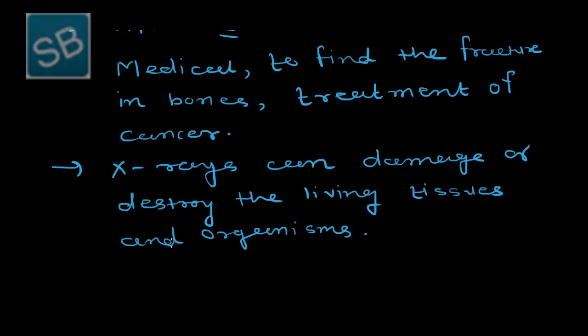So we have to take care to avoid unnecessary use or overexposure of them. So this is all about X-rays, and now we will see the last region of the electromagnetic spectrum, that is gamma